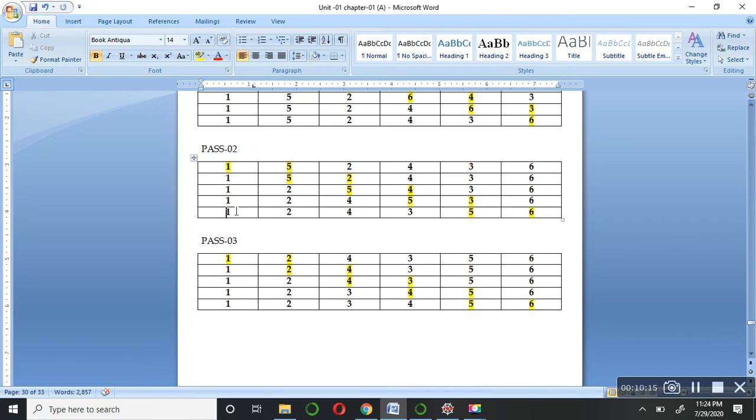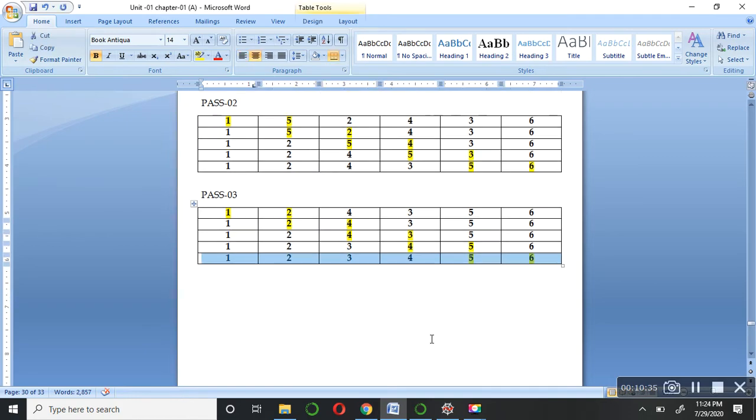So the last sequence of pass 2 was 1 2 4 3 5 6. I have written this thing here only. If you notice, 1 2 4 3 5 6, and I'll apply the bubble sort like this only in the first two elements, the next two, the next two, the next two. So if you notice, the last sequence of pass 3 is already sorted. It is like 1 2 3 4 5 6. It means whatever the calculation we have applied was for ascending order.